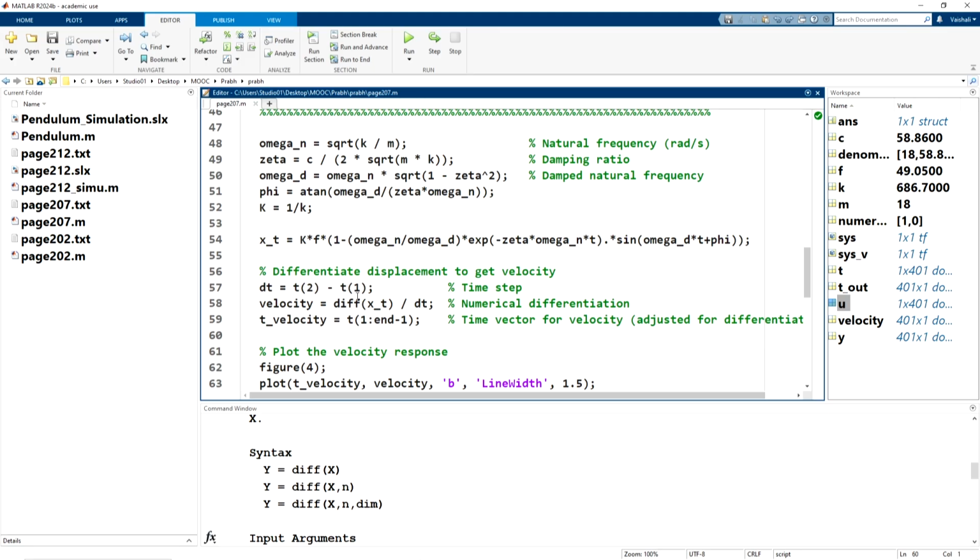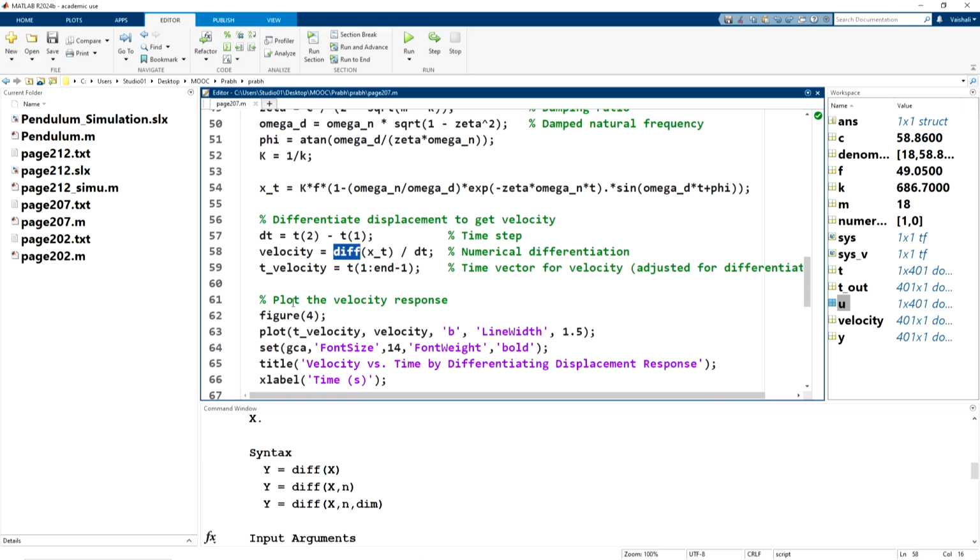Now if you follow this way, then the time vector will actually be one element less than what we have used before. The previous time vector had 401 elements. If I run this code, then this velocity vector will have 400. So the way to write it is t of 1 to end minus 1. So this is the time vector for velocity adjusted for differentiation.